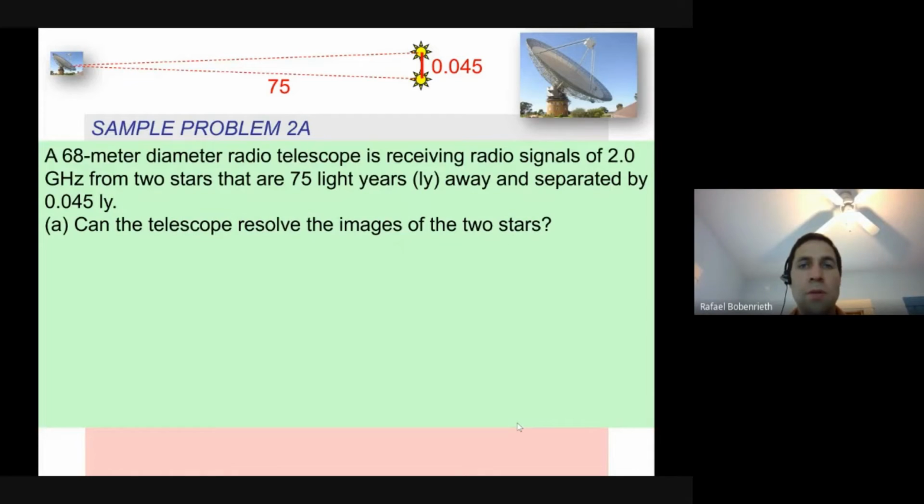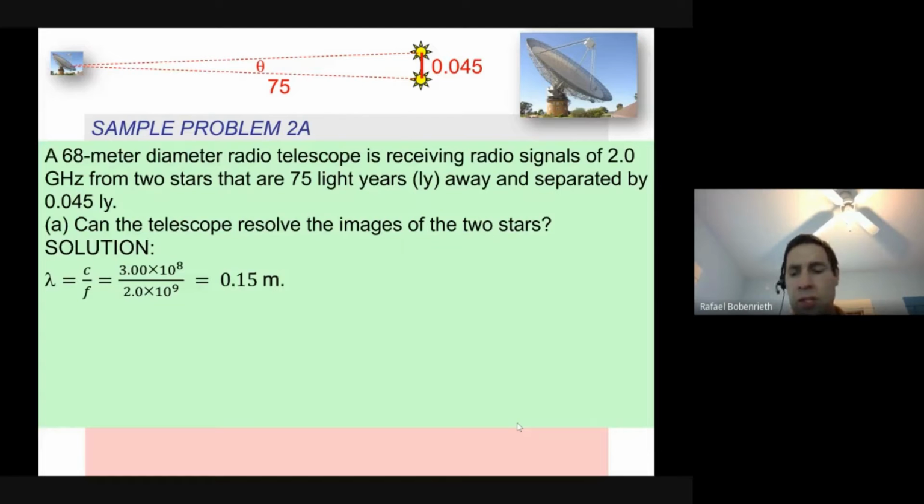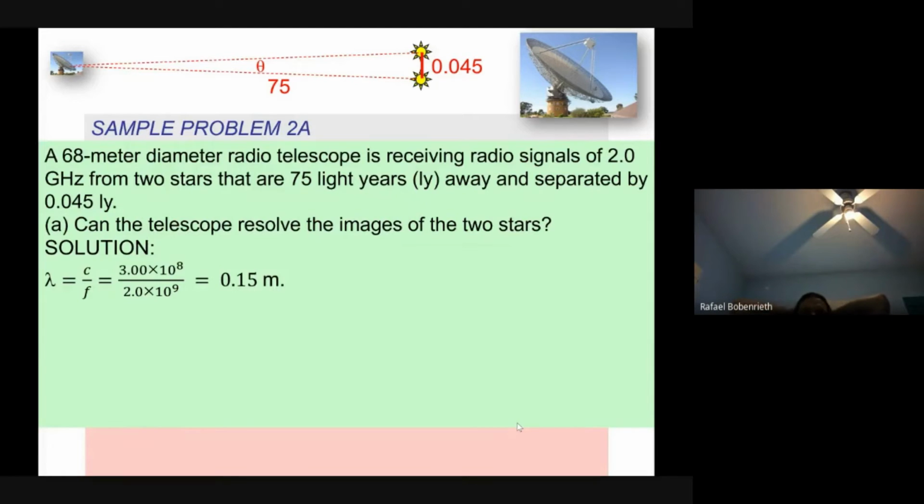Okay? So we have this light source, or what might seem to be a pair of light sources, coming from 75 light years away. So the solution. To figure this out, first of all, notice I gave you the frequency of the light source. I didn't give you the wavelength. So the first thing you have to do,